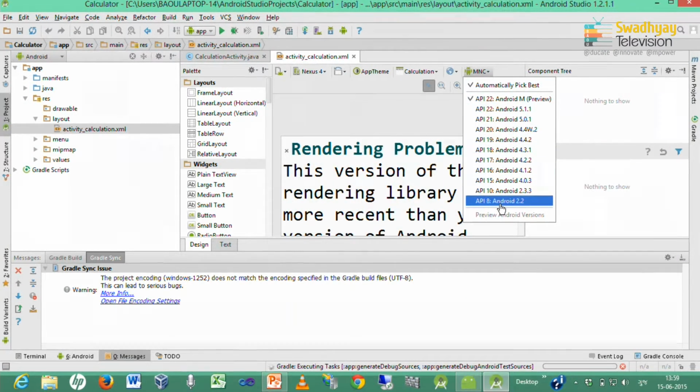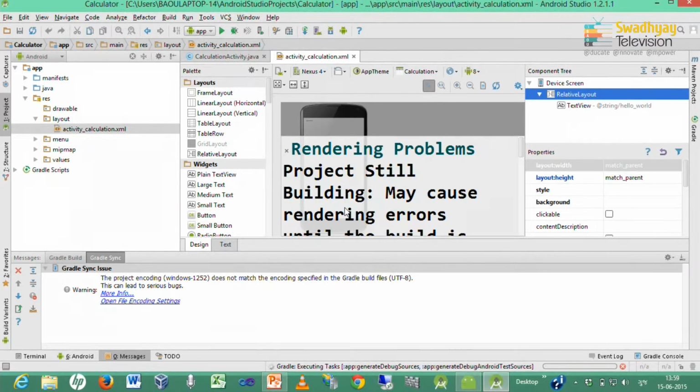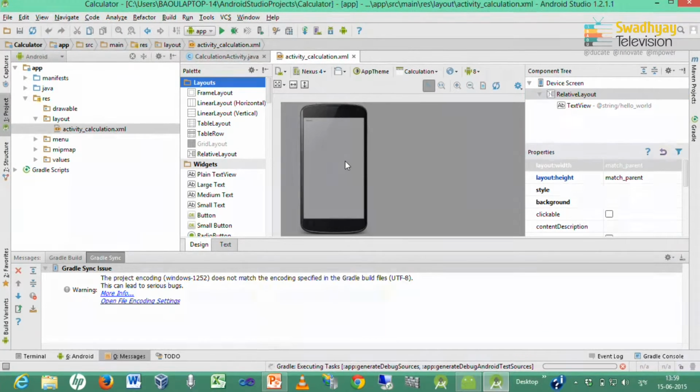Here I am changing our API level to 8 and version to 2.2. So this is a blank screen.